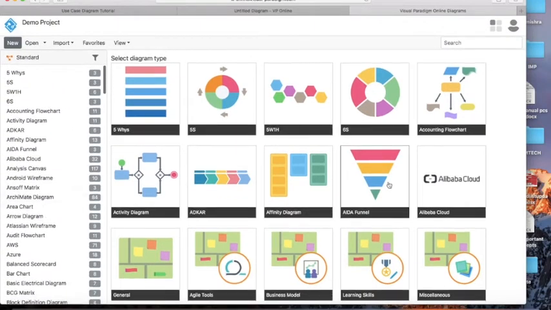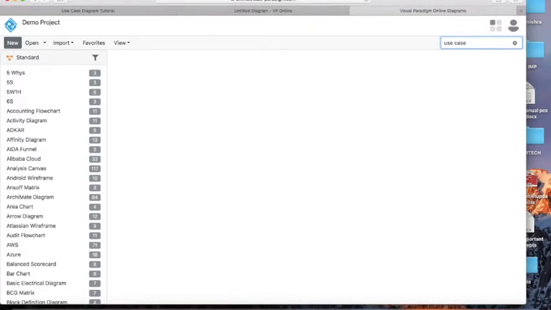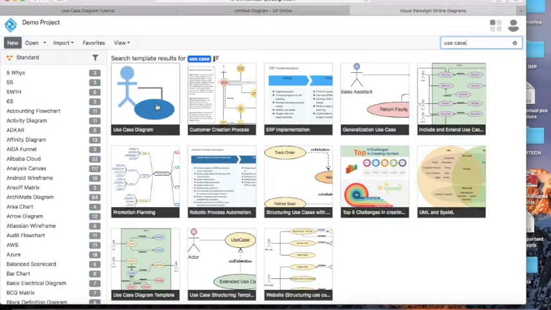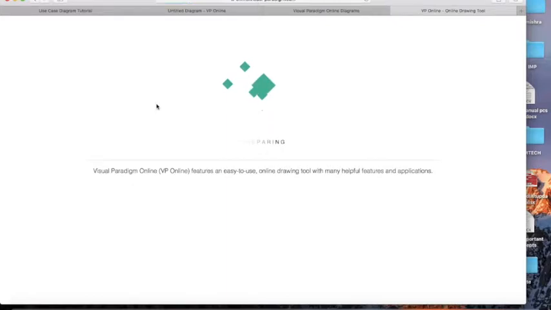Now you have to search for use case diagrams. Just write use case, press enter. On the first result it will appear, just click on it. It is showing preparing.